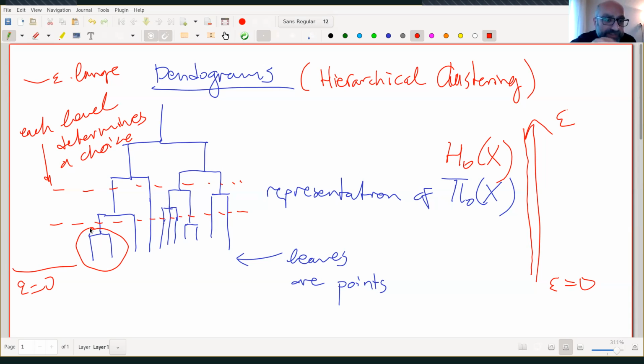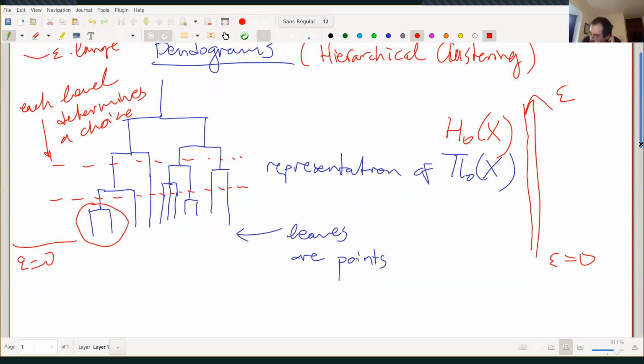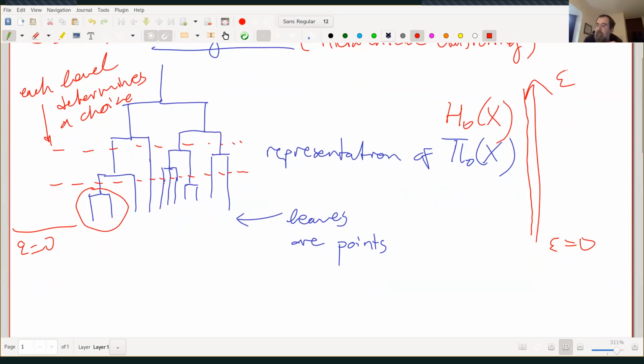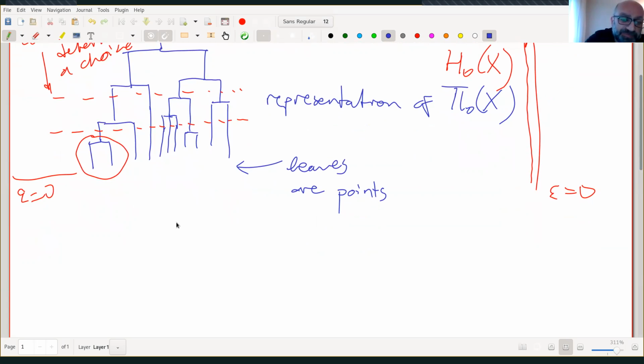For the other ones, the situation is a little more complicated. If you did something similar for higher homology, H_K, you will have a similar idea that the metric means something like when the balls make two homology classes equivalent. But the situation is a little more complicated. Let me show you an example. Let's say I have this thing. Let's say